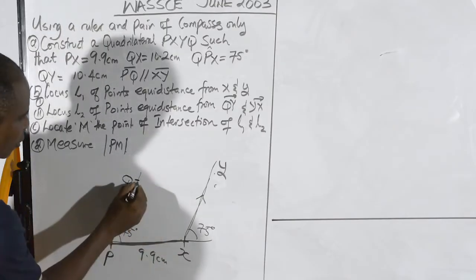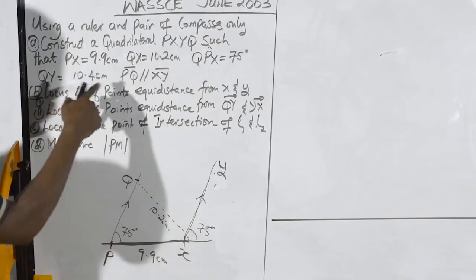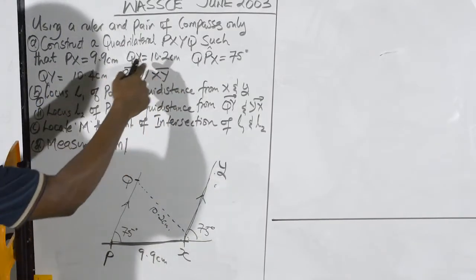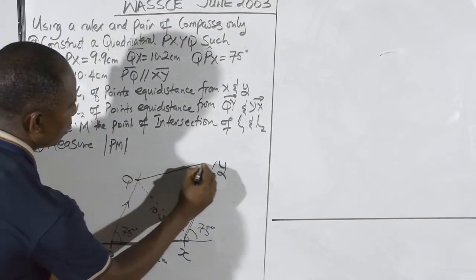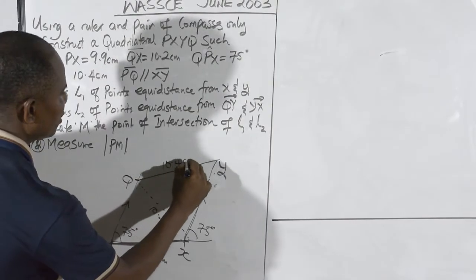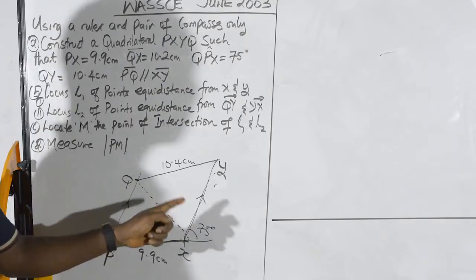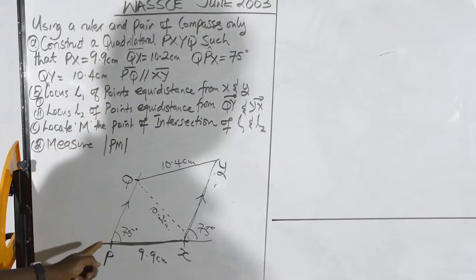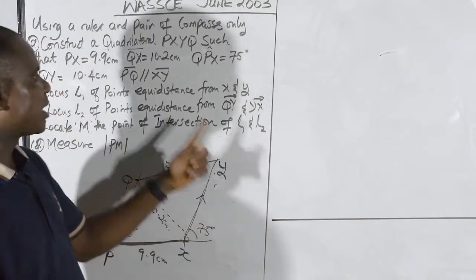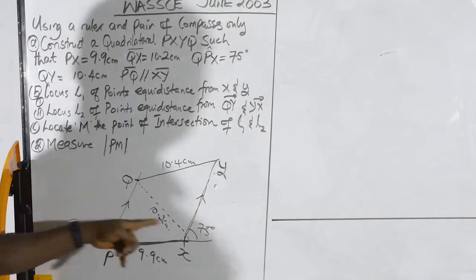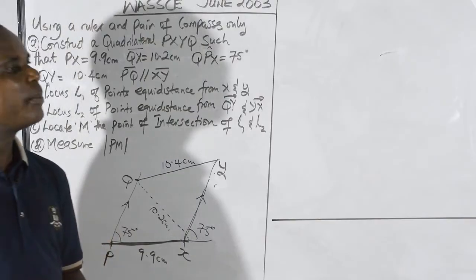And it says from Q to X is 10.2 centimeters. That's QX. And you have QY, so I have another line somewhere here, which is 10.4 centimeters. That is the quadrilateral. So you have already drawn the sketch of the quadrilateral. Now go and apply it there. I will not be able to get 9.9 centimeters, but I'll give arbitrary distances. By the end of the day, we'll get the same structure. I just want you to know how to construct these angles and measure the distances. You use your own ruler and measure the distances as you go.